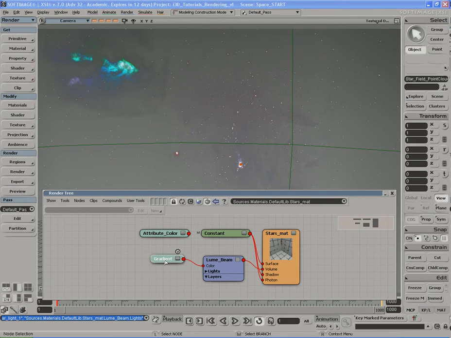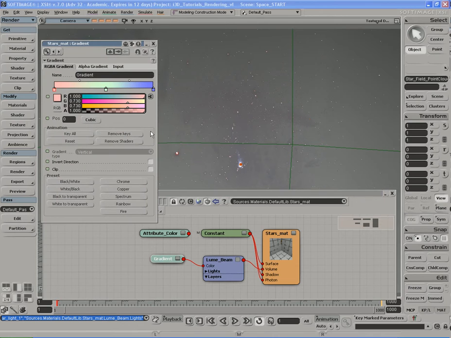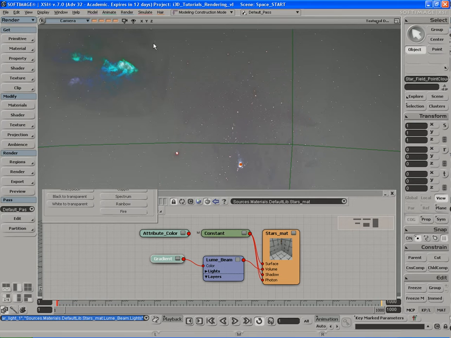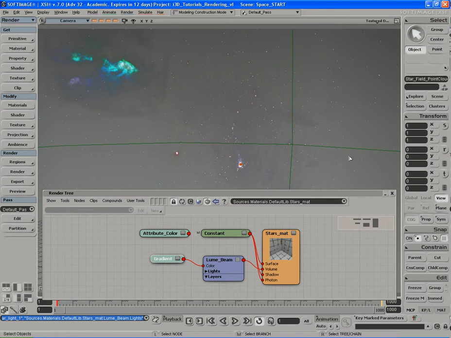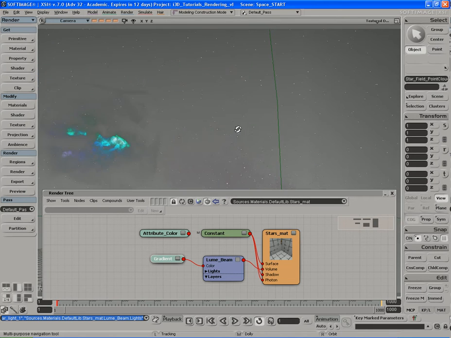You'll also notice that I have a gradient texture shader connected to the color input of my Loom beam shader over here. And if I open that up, you'll see that I have this gradient that I created. It goes from pink to green to this soft blue color. What this will do is randomize the look of my stars by creating this gradient across my star field, which will make my stars go from warm colors to cool colors. Warm colors being the pink and cool colors being the green and the blue. And that'll create a more randomized and natural effect and look to the lighting of my ice stars in the background,